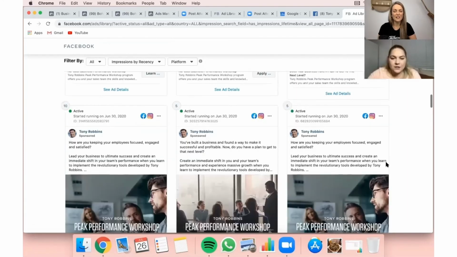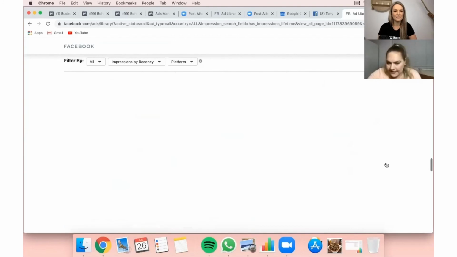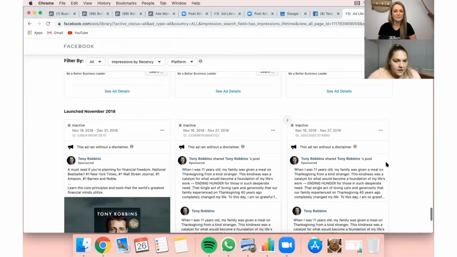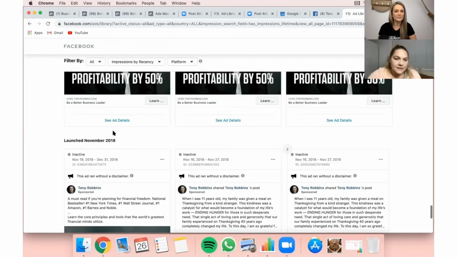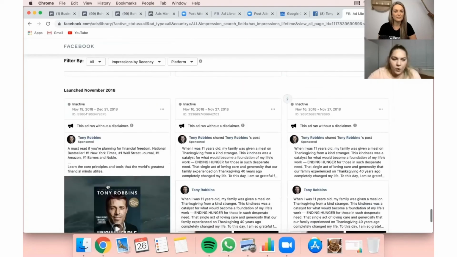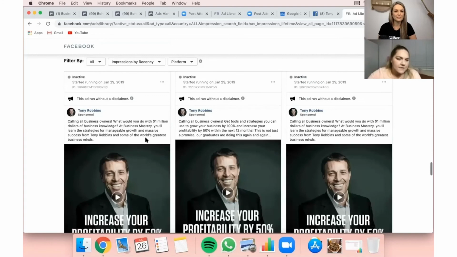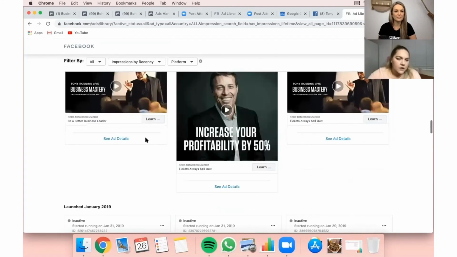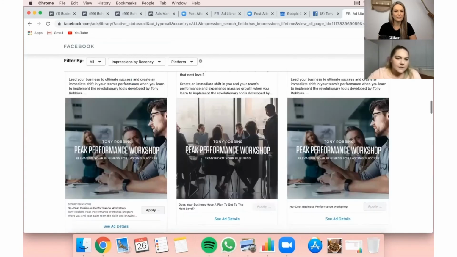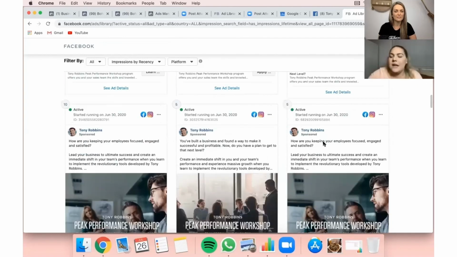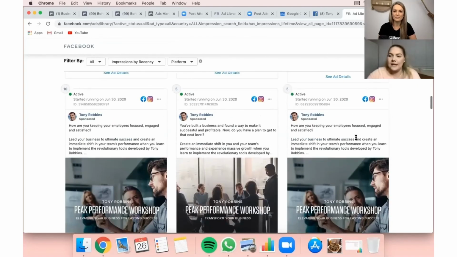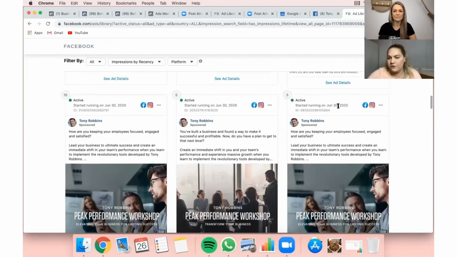And the other thing to take note of is if we go right down to the bottom, let's see if he's been running this. So he has been, this is inactive, so you can see which ads he's run before and then he's gotten rid of. So if we go back up to where some of his ads are active. Okay, that one's inactive still. Okay, here we go. So we can see that he's obviously launched a new ad campaign that he started running from the 30th of June.